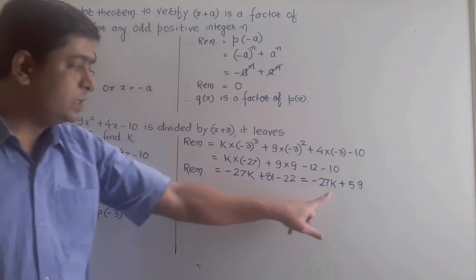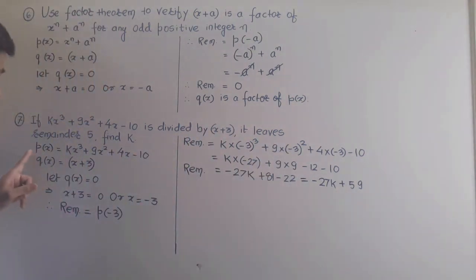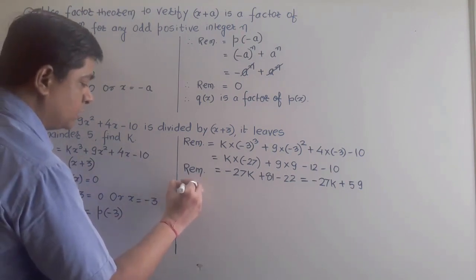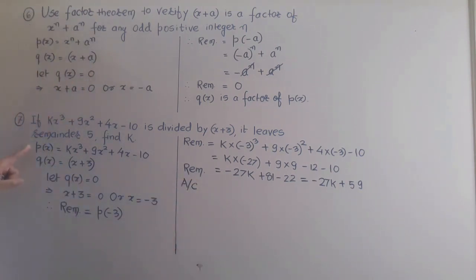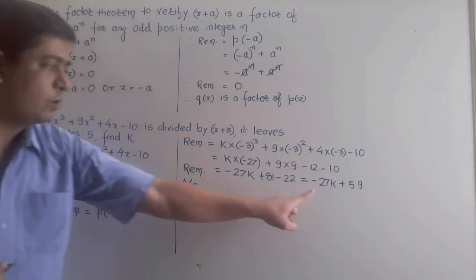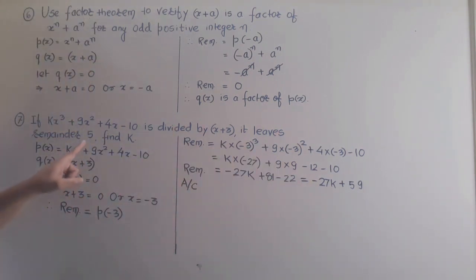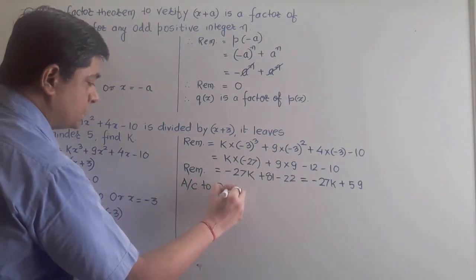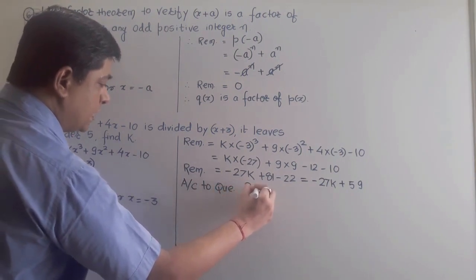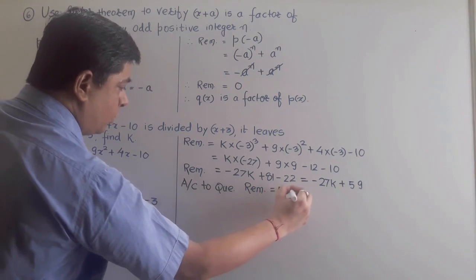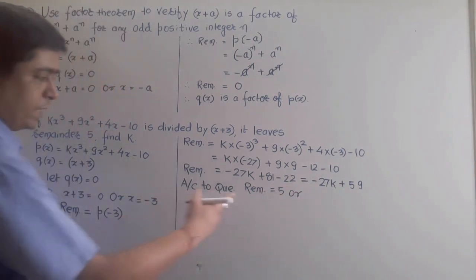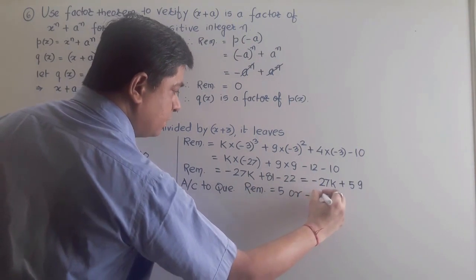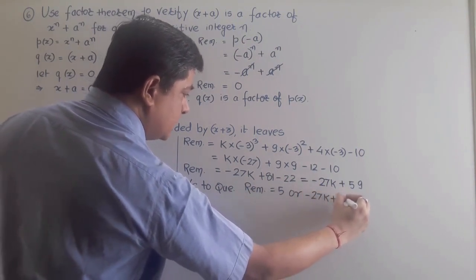Okay, so according to me the remainder coming after dividing p of x by q of x is in this form where k is unknown. And what remainder are they giving to us? 5. So here we can equate both of them, because both are the remainder when p of x is divided by q of x. This remainder we found by our method, and this is the remainder given in the question. So according to the question the remainder is given to us as 5, so my remainder minus 27k plus 59 is equal to